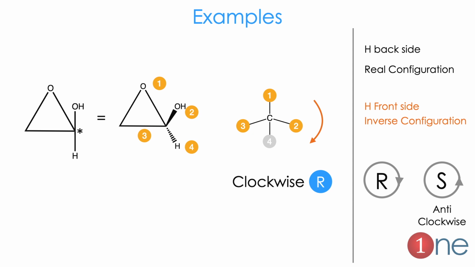Why? Because the alcohol is also there, which is second. The epoxide oxygen is attached with a carbon atom, but the alcohol oxygen is attached with a hydrogen atom. So epoxide goes first, alcohol goes second and the carbon goes third. So if you write the configuration 1, 2, 3, which is in the clockwise direction, hence it is R. So the important thing is that you should follow whether hydrogen is on the front side or back side. Below means back side, above means front side.